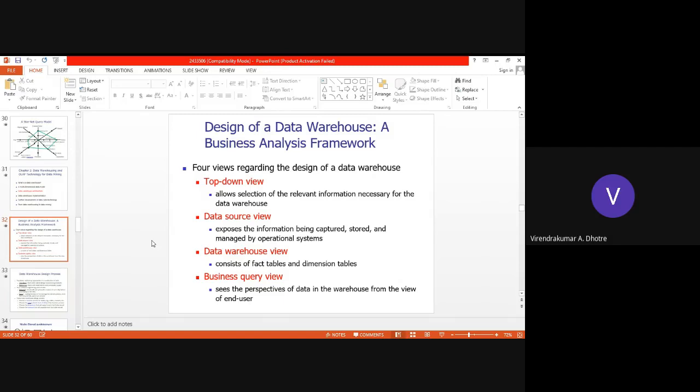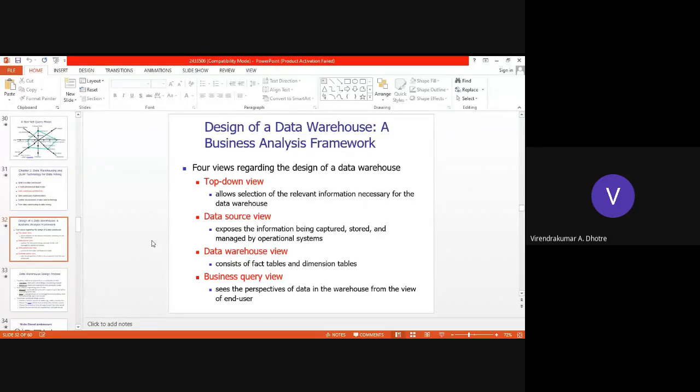We are saying here that a data warehouse consists of fact tables and dimension tables, right? Dimension tables means those dimensions which we are going to increase for a particular data, one dimensional, two dimensional, three, like that. Such things will be present in the data warehouse.